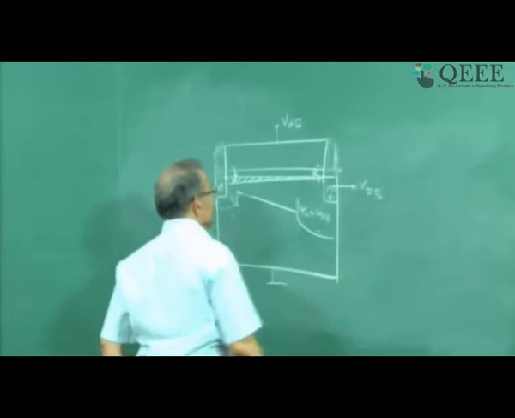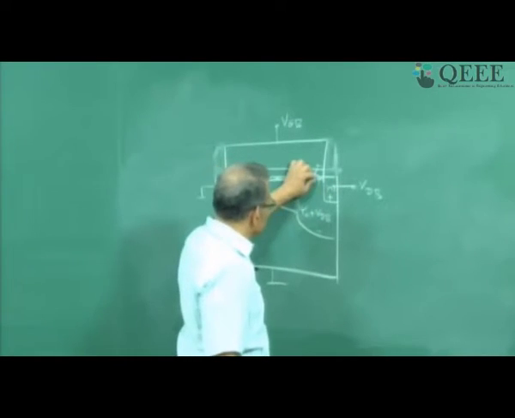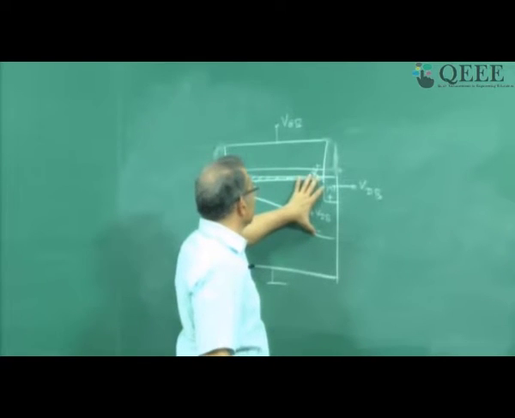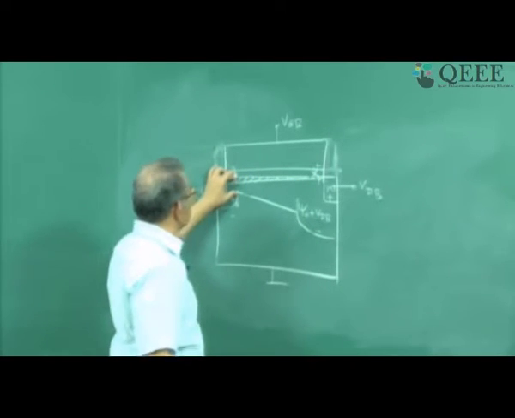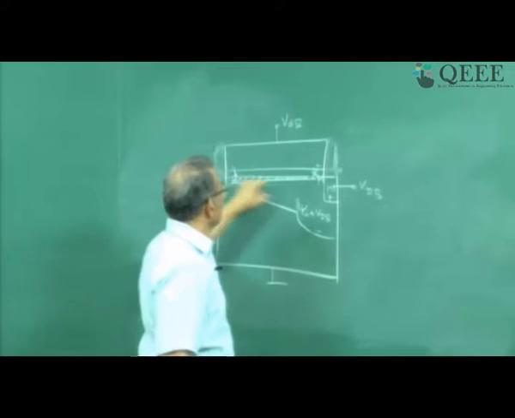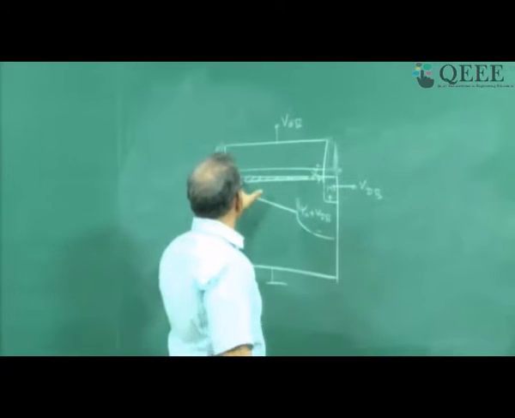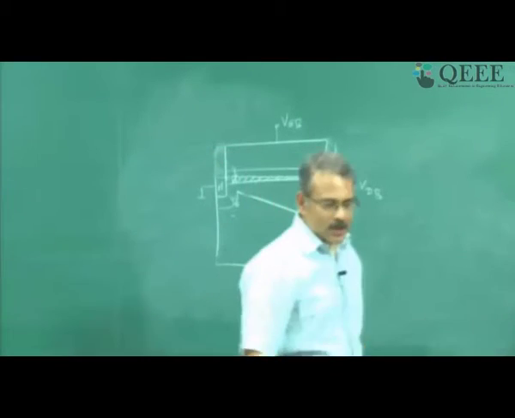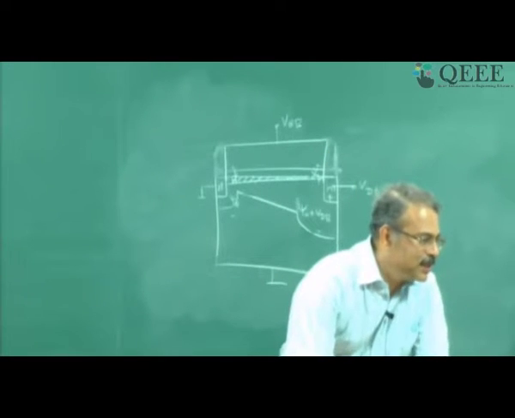Inversion charge is less, even though depletion charge is more, but inversion charge plus depletion charge together is less than inversion charge plus depletion charge at this end, right, because this field in the vertical direction is less than this field. Okay, so that is how you get these charge conditions.